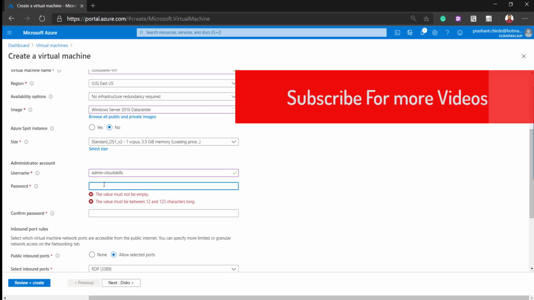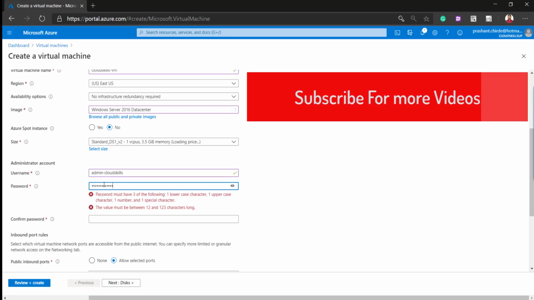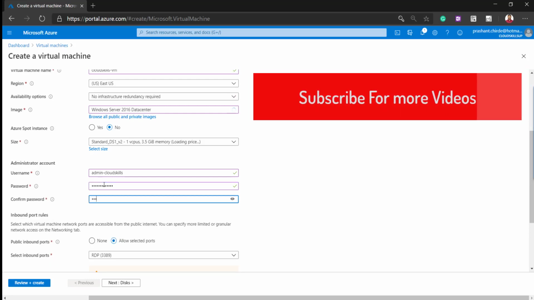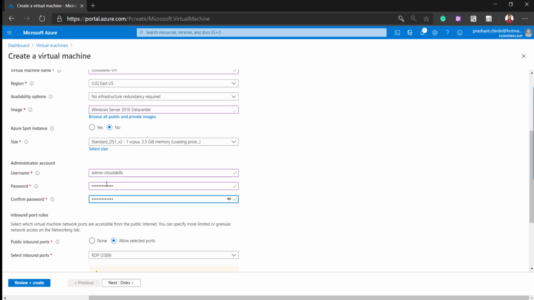We then have to specify the password. So our password matches and is acceptable as per the policy of the VM.